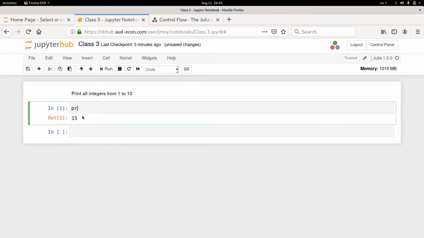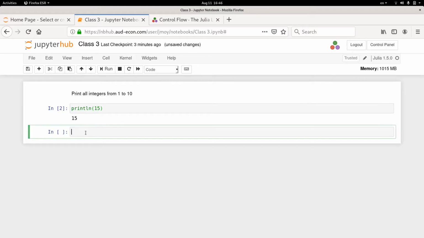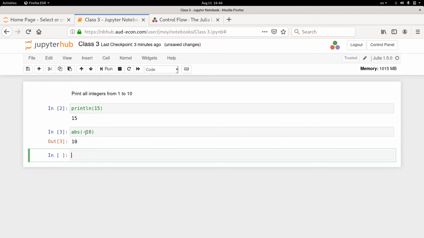Well, I use what is known as a function. So println is a function, and if you say println(15), then it prints 15. Functions are like mathematical functions, and in fact, a lot of the mathematical functions are available in Julia. For example, you can say sine, cosine, absolute value, everything is available. So you can say absolute value of minus 10, you get 10. In a way, it looks like a mathematical function: you have function name, bracket, and then the argument or multiple arguments to the function, and then you get the value of the function.